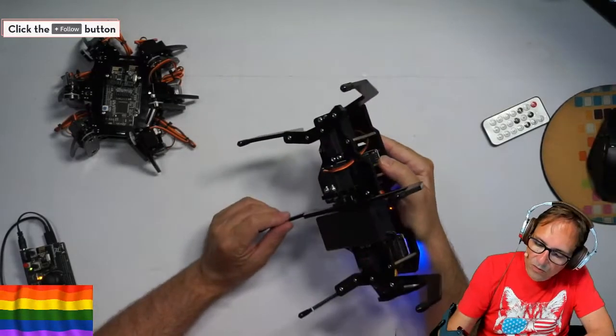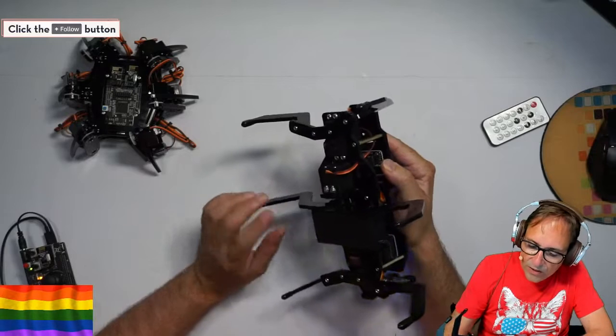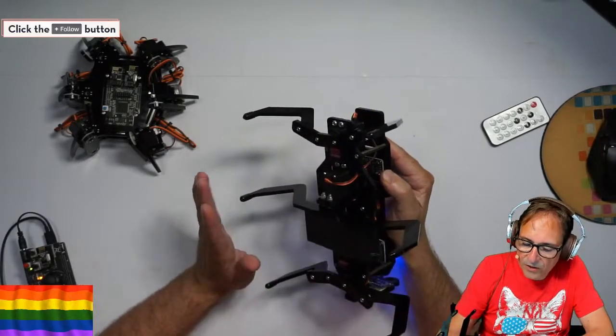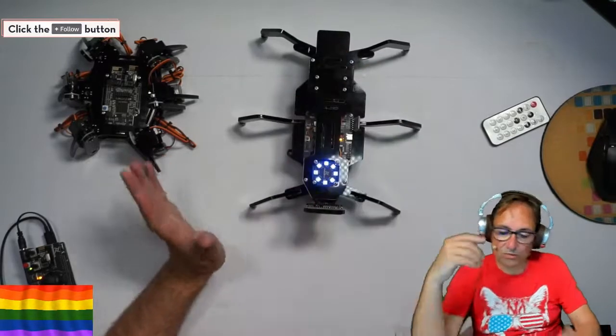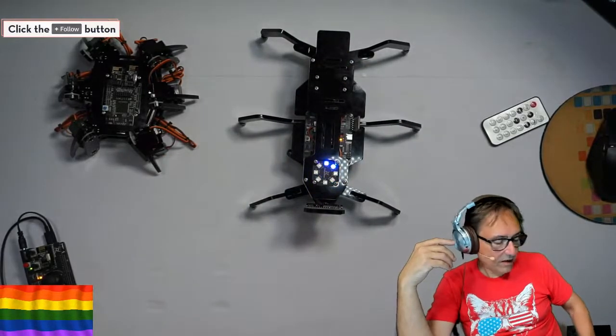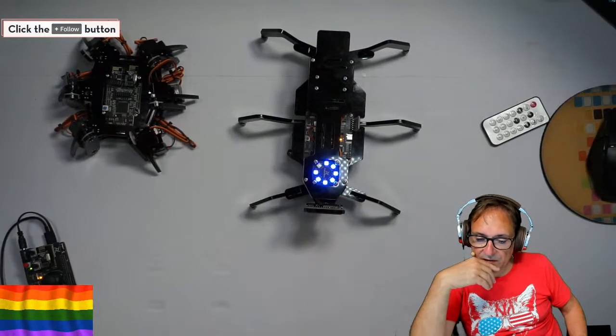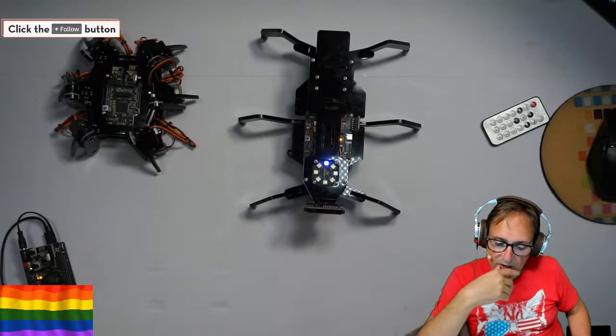But it's pretty cool. I couldn't understand how this worked, but now I understand. This leg on the metal is just for rotating. I think it's a cool project. Definitely super fast. I was surprised how nice it is. Definitely we're going to be